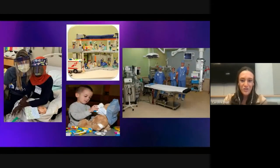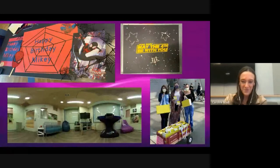So this just shows some different interventions that Child Life can do. This also shows some different fun and events that we have on our BMT unit. This is something that's really important to me, especially with having our BMT patients admitted for so long. It's important for them to be able to still have fun and grow and develop just like they would outside